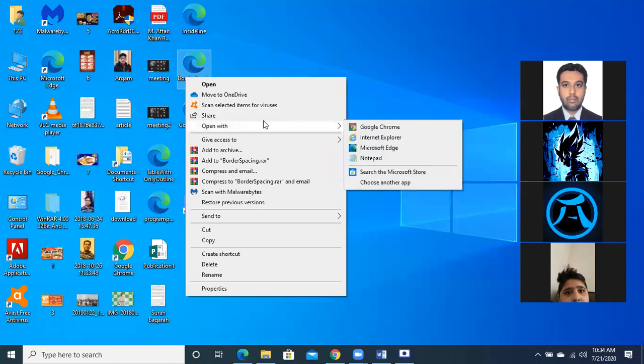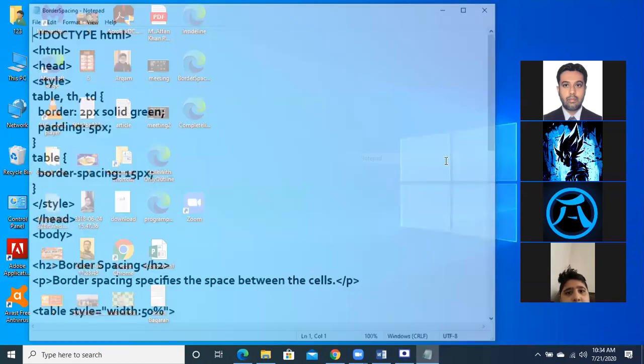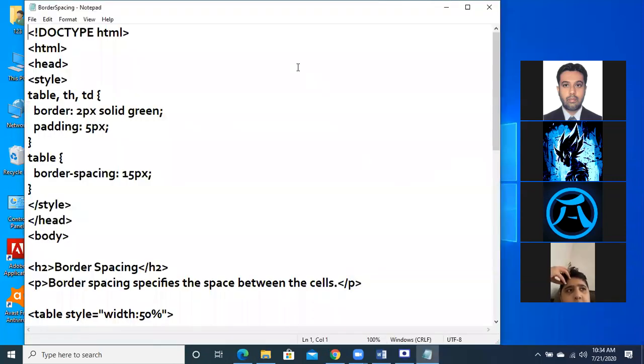और इसको change करके देखते हैं. Let's suppose I make the padding 10 pixel.